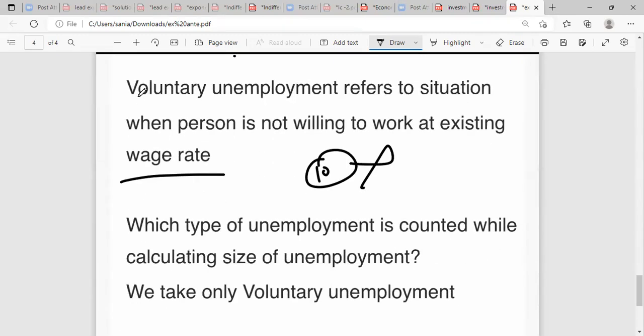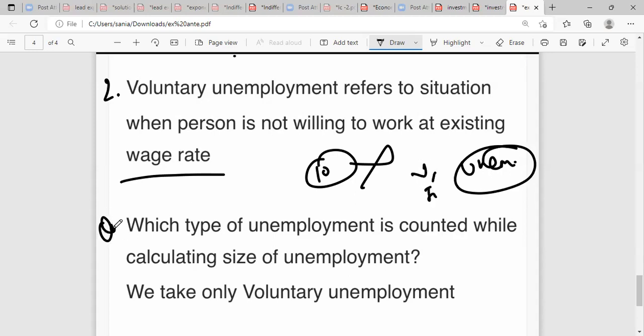Now, the second one is this voluntary unemployment. And now, over here, just see. The question is, you have two types of unemployment, right? So, if I'm calculating the unemployment status of a country, which type of unemployment will I be considering, voluntary or involuntary? The question is: which type of unemployment is counted while calculating the size of unemployment? So, we take only voluntary unemployment. We don't take the involuntary one. Clear? So take the screenshot for this and make your notes, okay? Because why I don't prefer no screenshot, because they remain